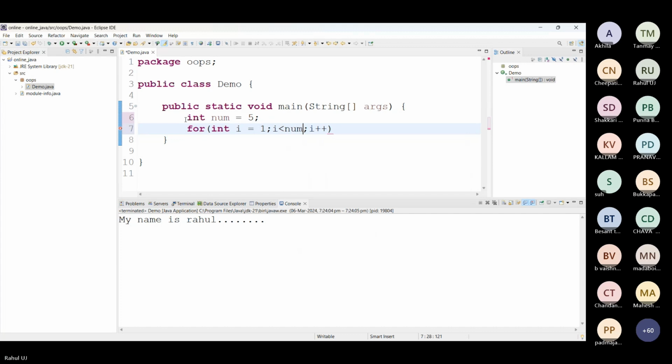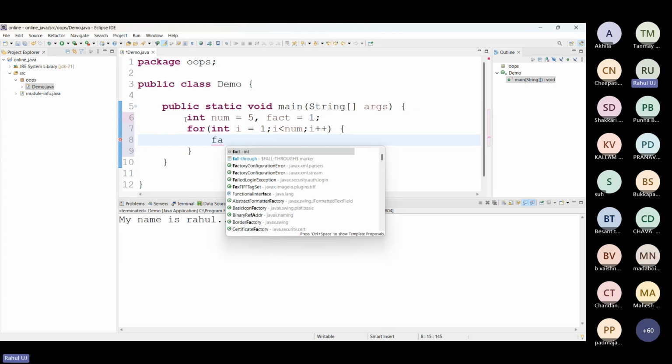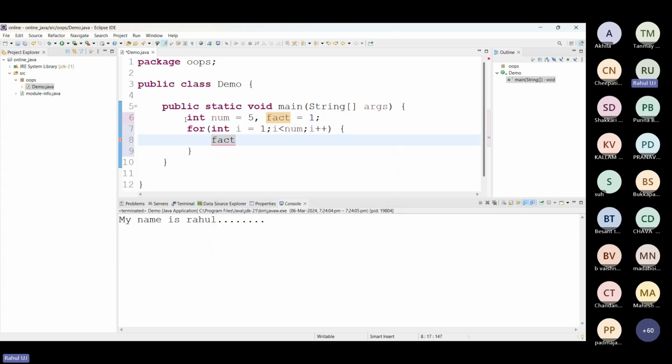It will give you suggestions. So int num is there. Next, fact is 1, I will put this. If you press Control space, it will give you suggestions. fact *= i.